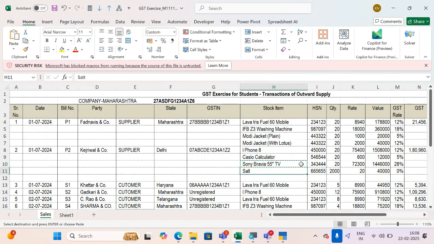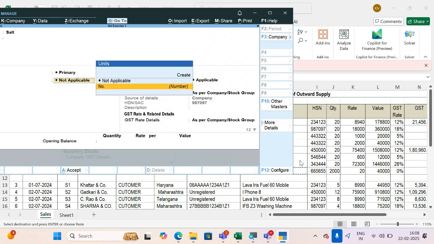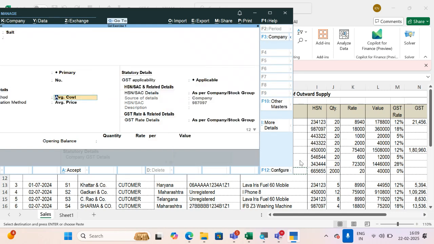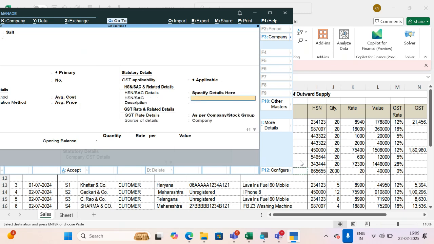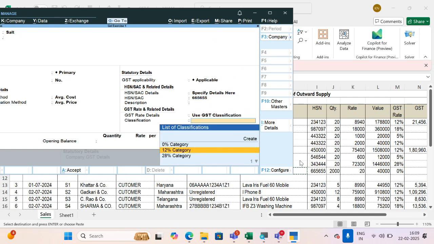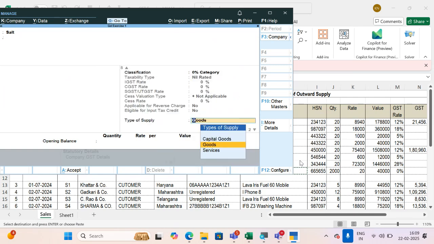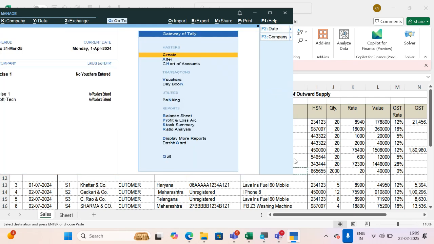In the last is salt, 0%. Nil rated. Six, 5, 6, 6, 5, 5. Then nil rated. Control A. Everything is given in the assignment. And then again, I am going to show you the